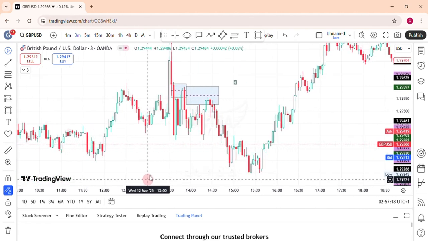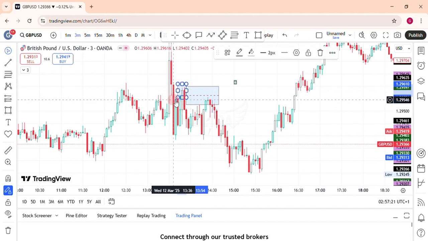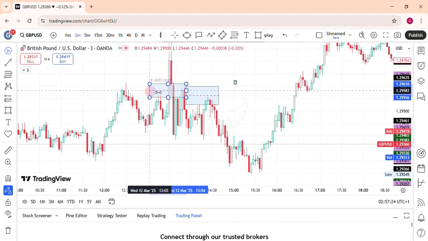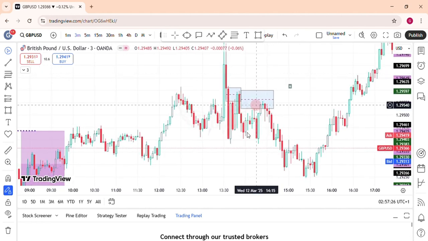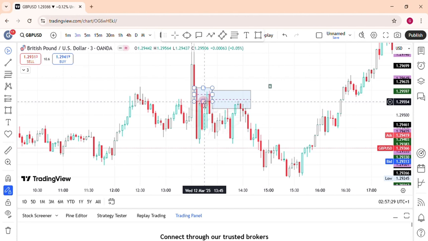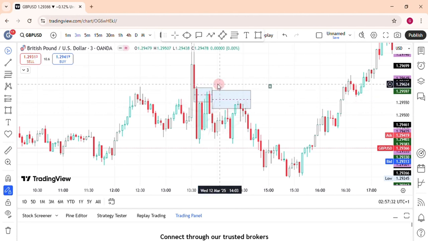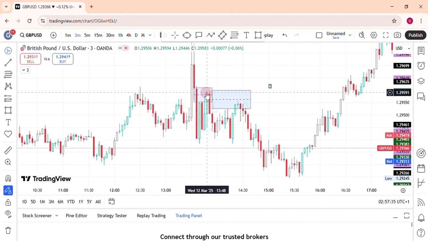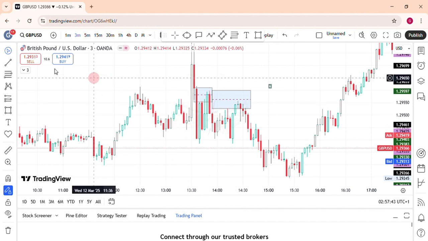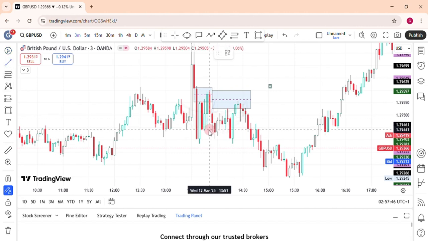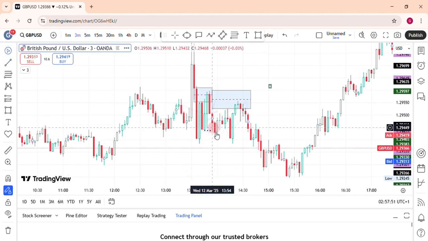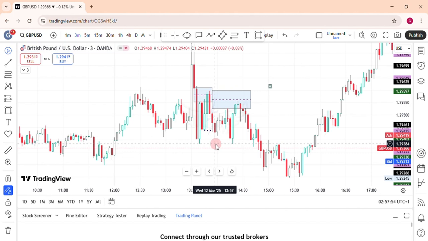As you can see, we have a fair value gap here. This is a fair value gap right here, and we extend this rectangle to cover that fair value gap, and you see how price tap into this fair value gap right here. After price tap into this fair value gap, we need to look for our break of market structure. Now we have a series of candles and a break of market structure right here. This is a low that price actually broke and closed below, and before this break of market structure, you can see a fair value gap here.